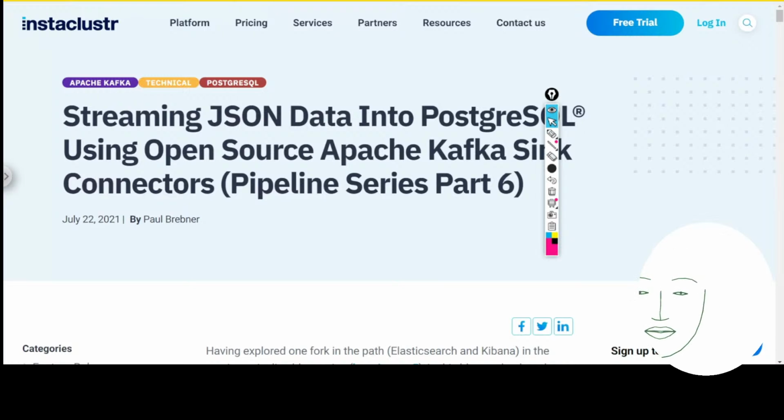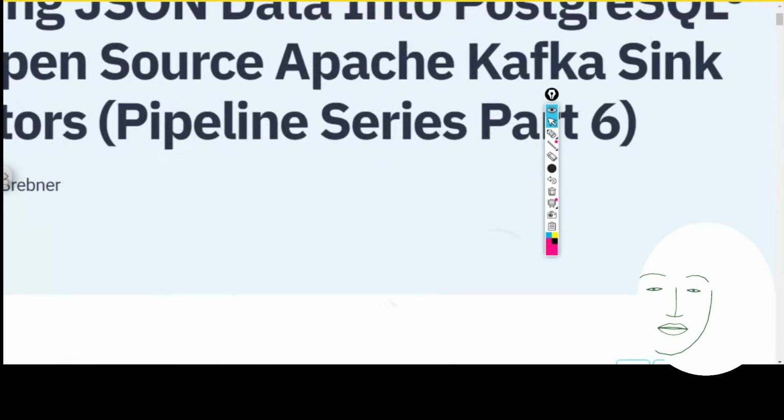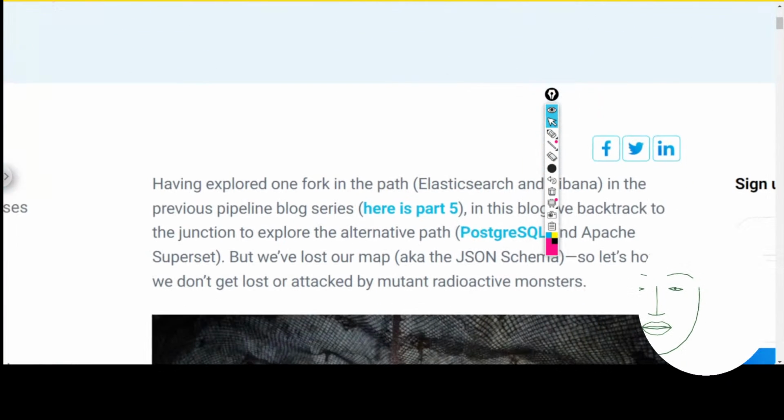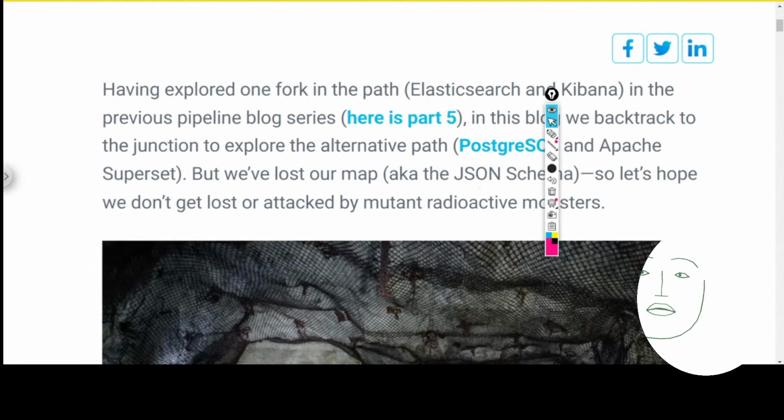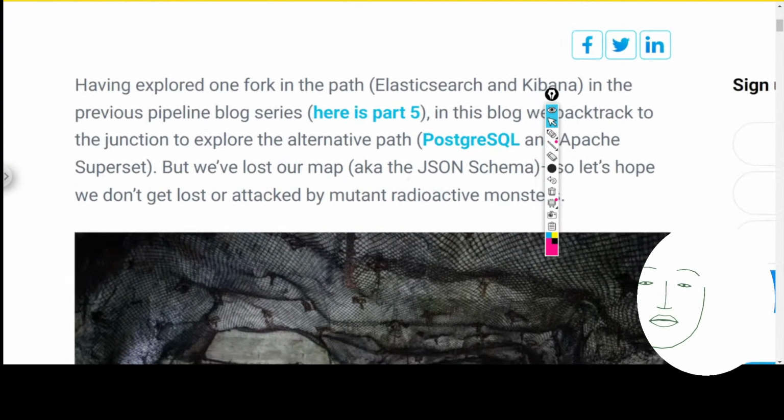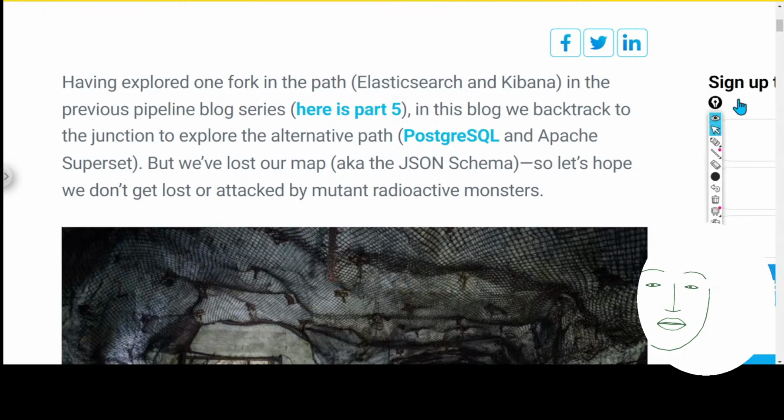Pipeline series part 6. Having explored Postgres in the past, and Elasticsearch and Kibana in the previous pipeline blog series, in this blog we backtrack to